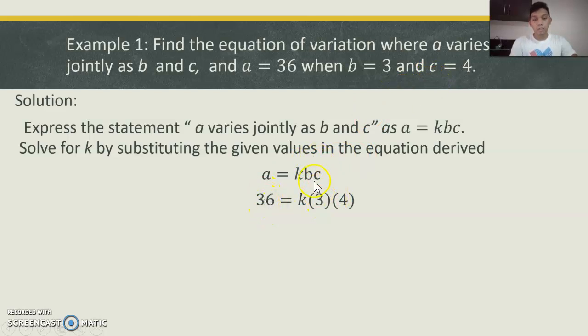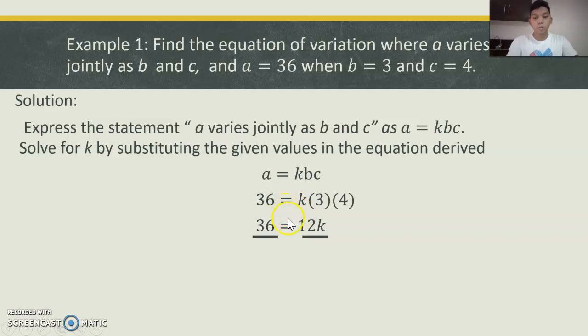So a is 36, b is 3, and c is 4. So just multiply these two, which is equal to 12k. To solve for k, we need to divide both sides so that the coefficient of k becomes 1. So what should be divided? It's 12. We need to divide 12 on both sides, giving us the value of k, which is